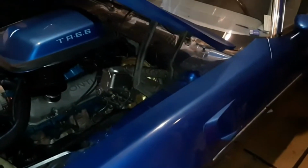I spent hours detailing it, and you know what? You spend hours detailing it, you drive it, it gets dirty. So the moral of the story is if you're going to drive it, you can make it look nice, but it's a lot of work to keep it clean after you spend hours detailing it. I can't be bothered. I try to keep it clean, but